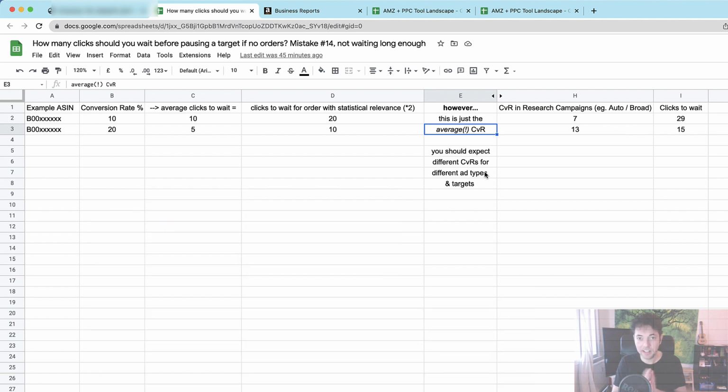So naturally, your super relevant keywords that you usually have in exact keyword campaigns will have a higher conversion rate than the average, right? So there you can even expect a little bit more. However, a lot of the traffic that also makes up this conversion rate in those business reports is coming from less relevant traffic,